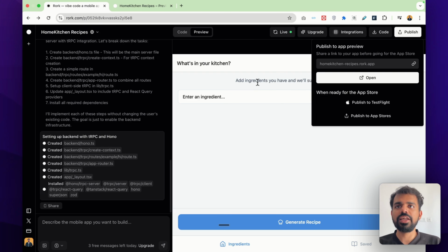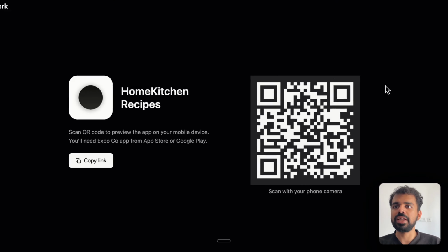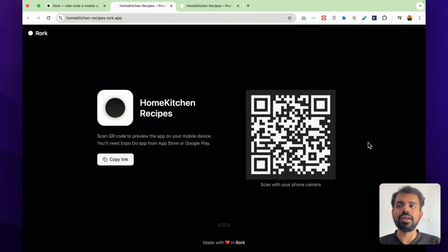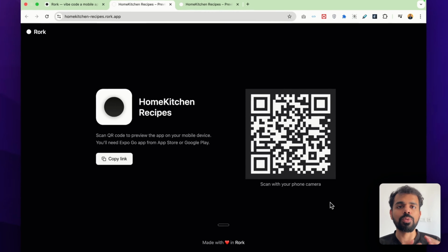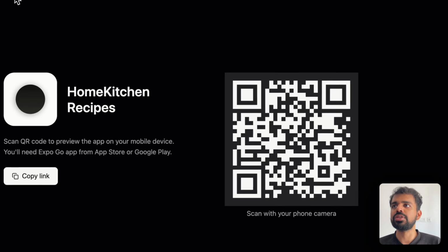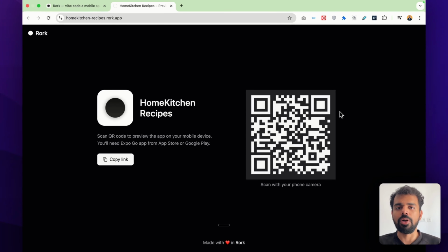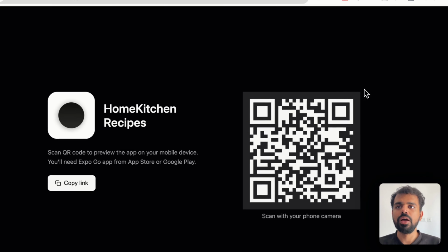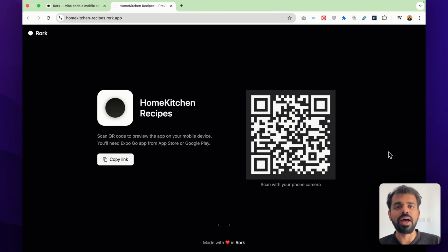It is done publishing the app. Let's open this link. When I open this link, I'm redirected to this page where there is a QR code that you can scan with your phone for opening this on your mobile. And once you scan this with your mobile, then you would be redirected to the Expo Go app where you can use this entire thing, because this is in test mode right now. But when you push it live, then it would be available on the Play Store for everyone to use. So right now you can share this link with anyone you would want to test your app and give feedback.